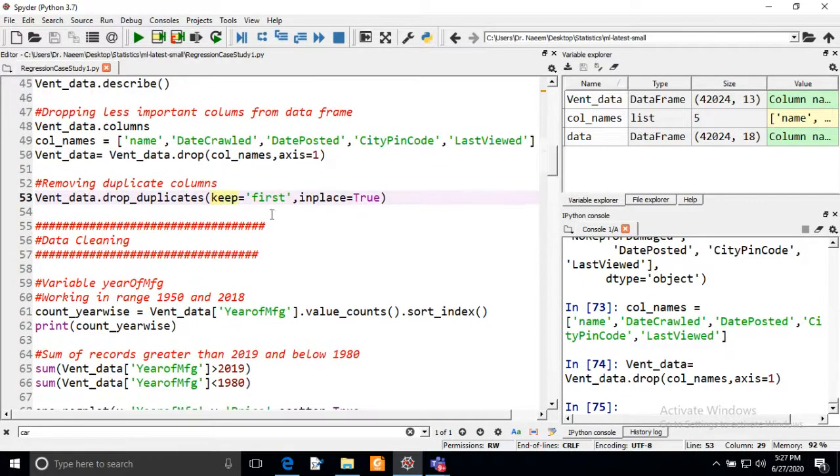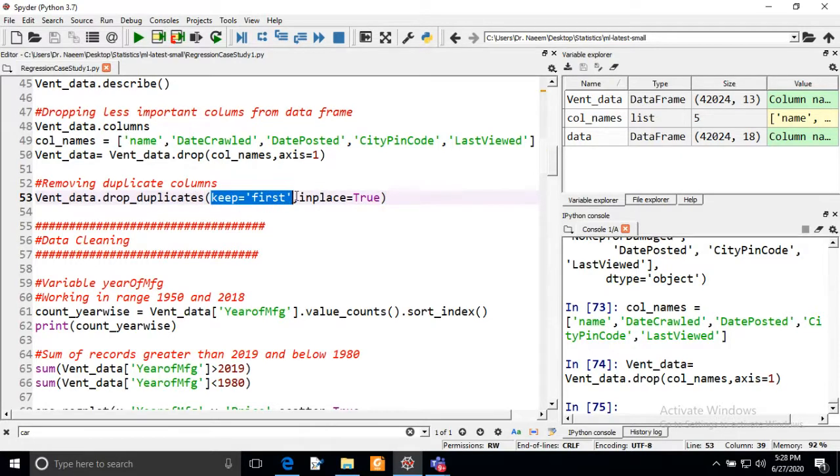Now let's discuss removing the duplicate rows. Because we can have duplicate rows or samples in our data frame, we have to remove all these data samples. If you want to remove them, you can use the drop_duplicates function, and in this function I am passing keep equal to first.